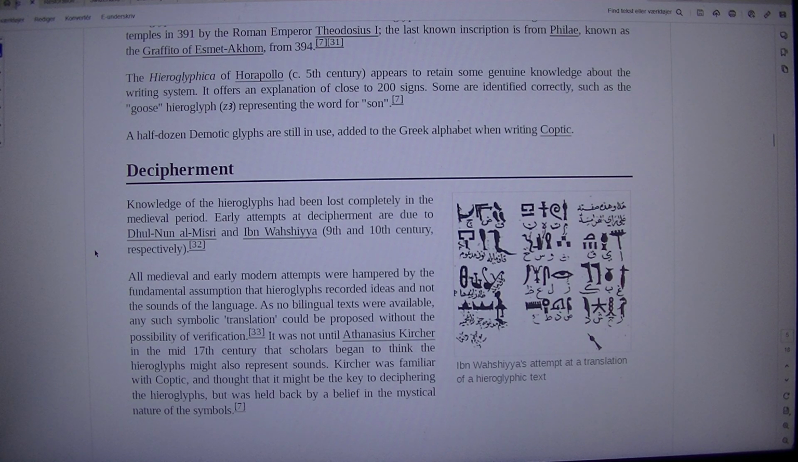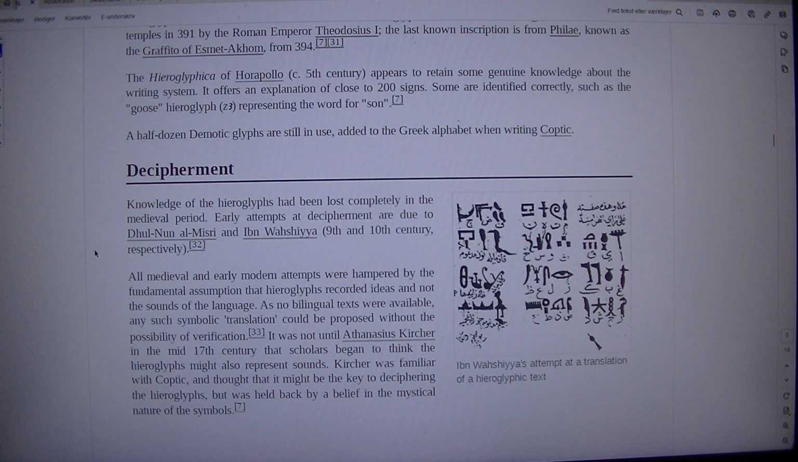Knowledge of the hieroglyphs had been lost completely in the medieval period. Early attempts at decipherment are due to Yonan al-Misri and Ibn Washir, 9th and 10th century respectively. All medieval and early modern attempts were hampered by the fundamental assumption that hieroglyphs recorded ideas and not sounds of the language. As no bilingual texts were available, any such symbolic translation could be proposed without the possibility of